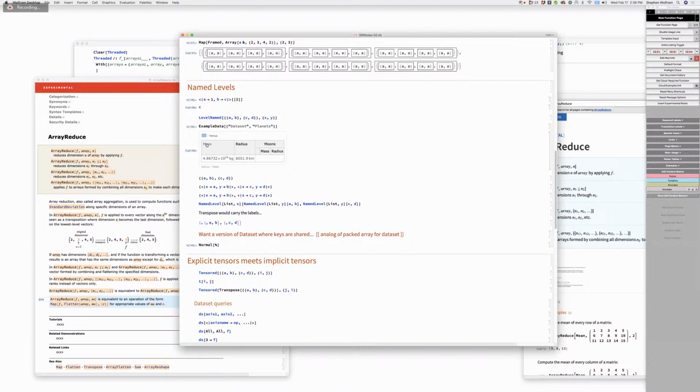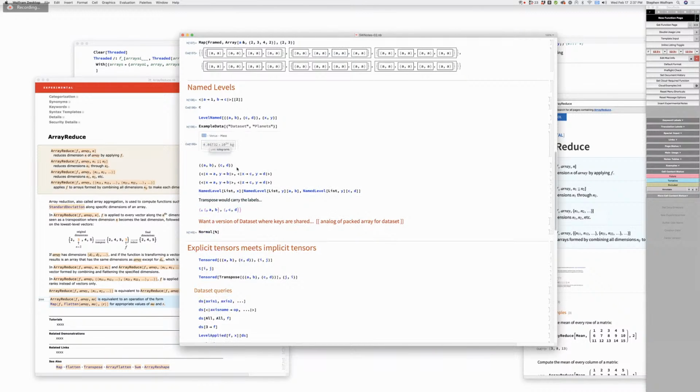This is a named level. Planet properties is a named level. Mass, radius, moons. That's a named level, right? So the level up first here is planet properties. The label of this layer is planet properties. Venus is at the level of planets, and then mass is a planet property. So what we could do here is, in this breadcrumb, we could annotate,